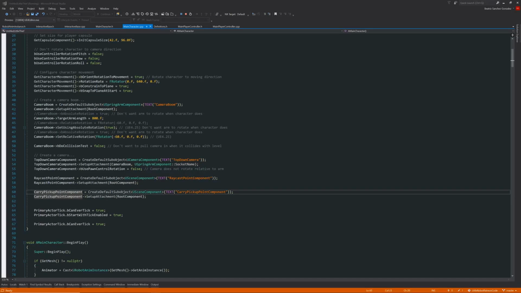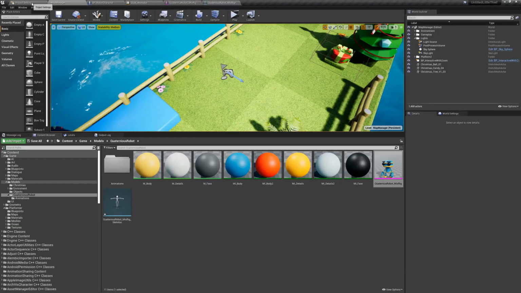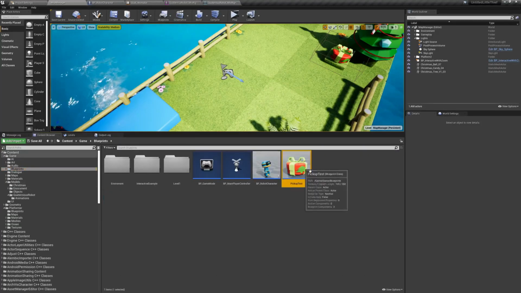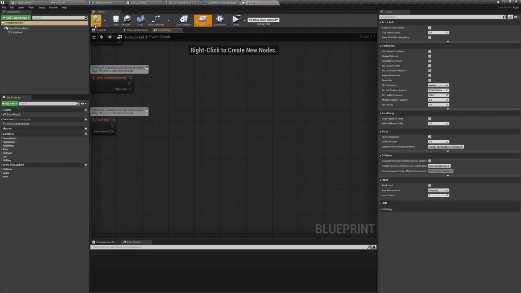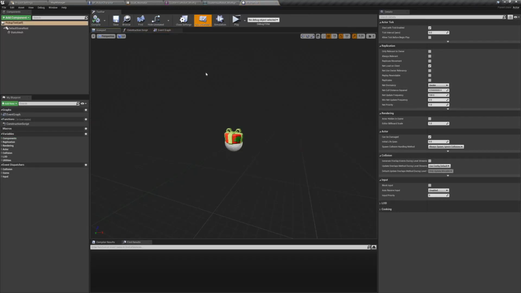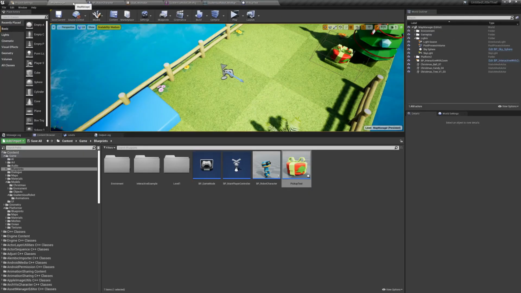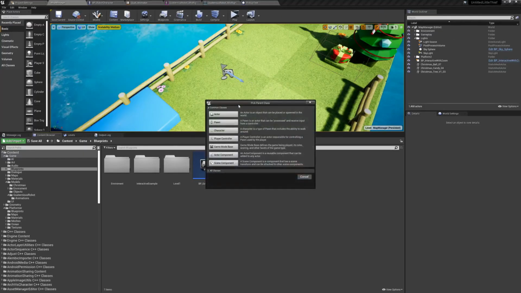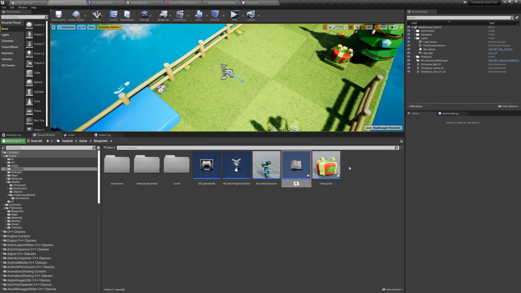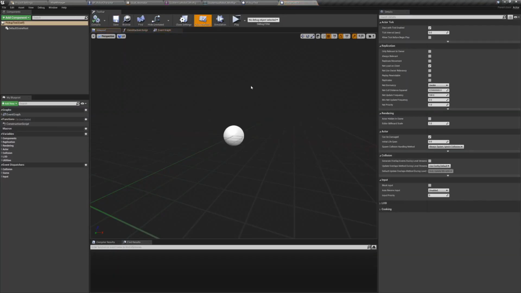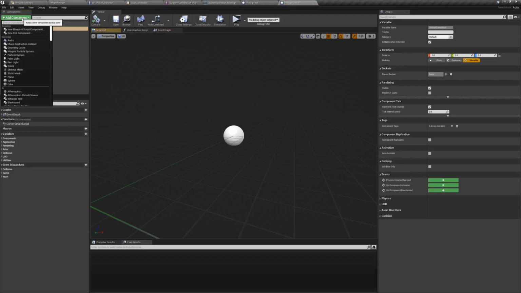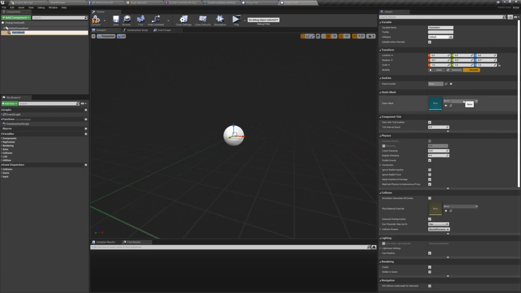And finally, we need some kind of actor to test this. So I just created a simple actor, nothing else. If I show you that quickly, this is the pickup test, so it doesn't have anything, it's just a normal actor with a static mesh, which I added later. So what I did is basically Blueprint Class, Actor, and then I named it pickup test. Okay, then I open it. This is a simple actor. We can add a static mesh